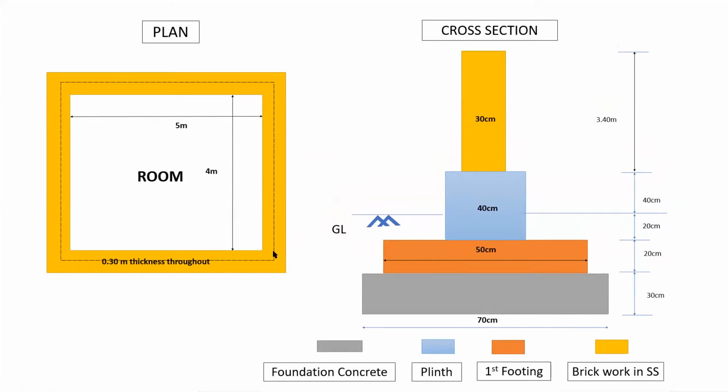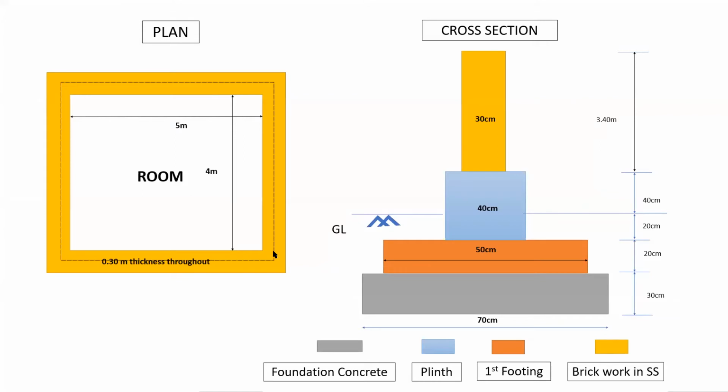Fantastic, 4.3 meters. You can say simply 4 meters plus 0.3 by 2 on one side plus 0.3 by 2 on the other side. Very good. Then what will be the length of the long wall, center to center line length? Very good, 5.3 meters, because it is half of the width on this side and half of the width on the other side. So it is 5.3.